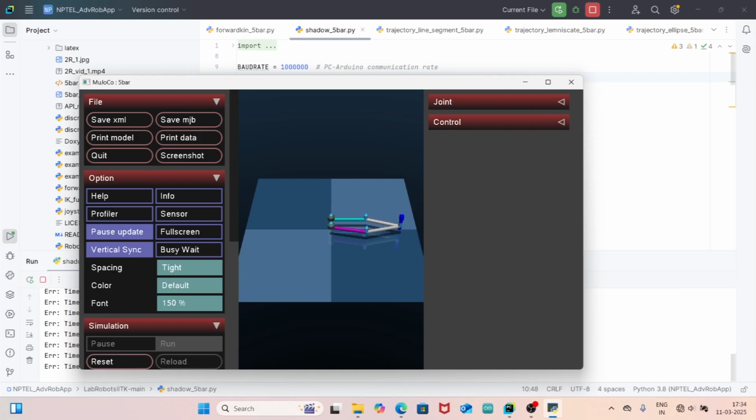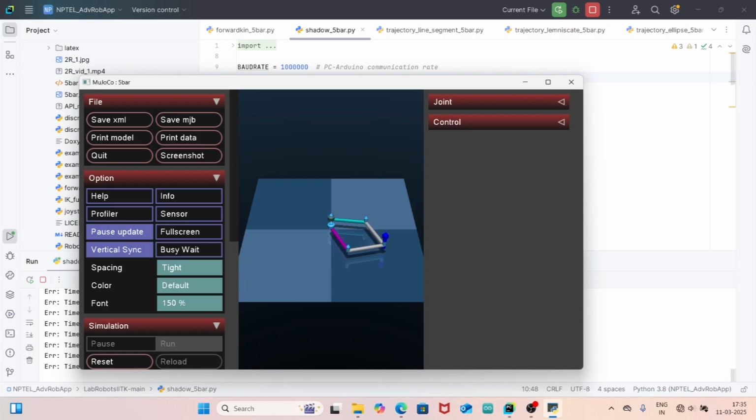So we are basically moving the manipulator by hand to some location. Maybe we are locating it there, and you can see automatically in the simulation also, if you have noted that this has also changed the position. If I move it, you can see both. I'm holding it this side and moving by hand, and the simulation is also moving as the manipulator is moving. You can see I'm catching the manipulator by hand and moving it, and even in the simulation, it is moving. It is replicating the motion.